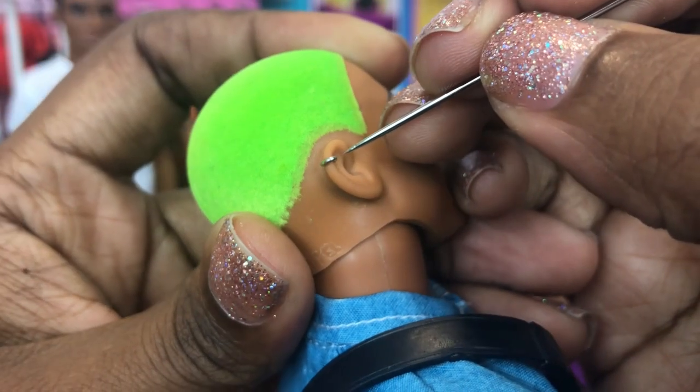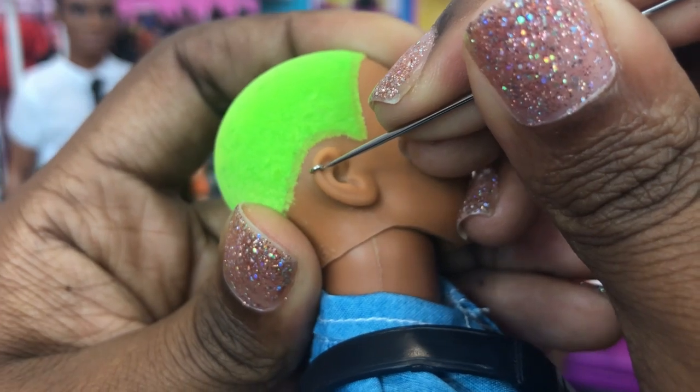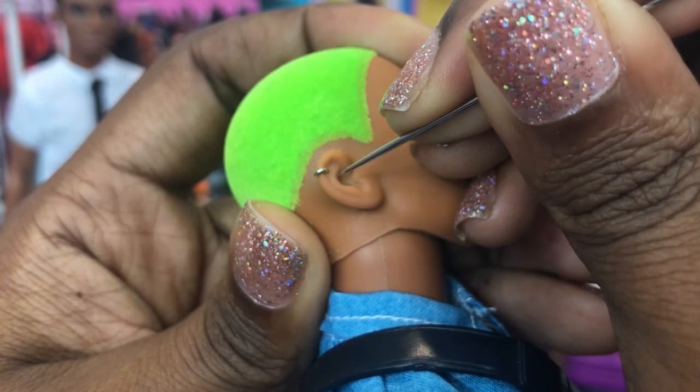There we go. Boom. Bam, Scott, bam. Now that the piercing is ready, we need to pierce the actual ear. So as you can see, here is our top piercing. We want to do our next cartilage a little below that, but not